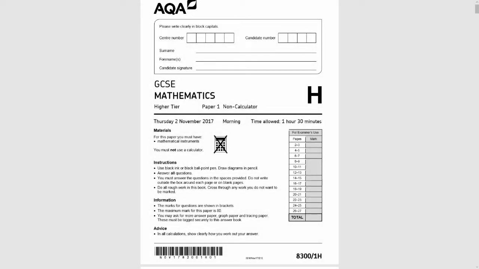In this video we're going to be looking at the AQA GCSE 8300 series. This is the first paper in the higher tier and it's the November 2017 series of exams. This is a non-calculator paper